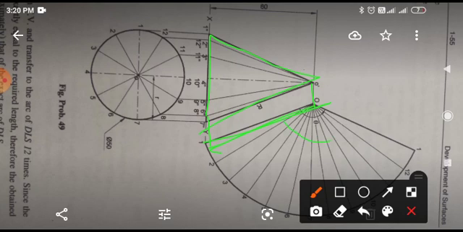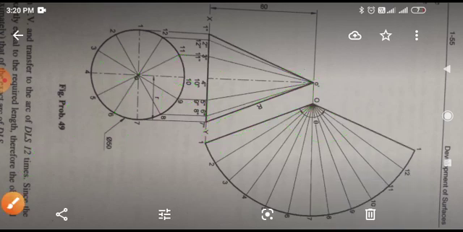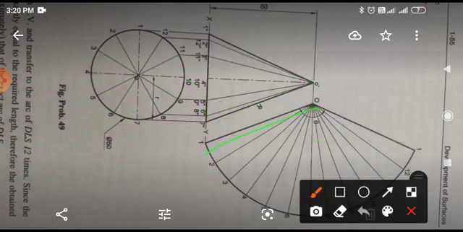From that you have to calculate theta, which is equal to r upon l into 360, in this way. Okay, after getting theta you will have to draw an angle up to here and then just draw an arc with this. Okay, in this way you will complete your sector.